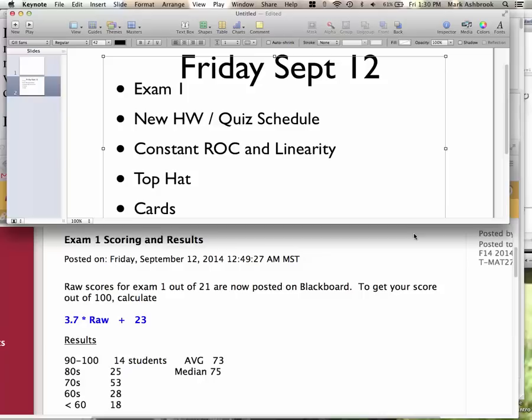So there's the distribution: 90s, 80s, 70s, 60s, less than 60. Average 73, median 75. Okay, so this is the easiest test, okay? Because when we start getting into the nitty-gritty of calculus, it's when it gets harder, okay? So if this didn't go as well as you hoped,